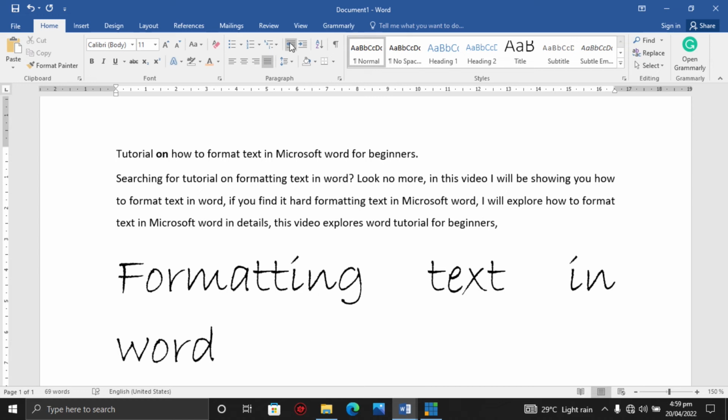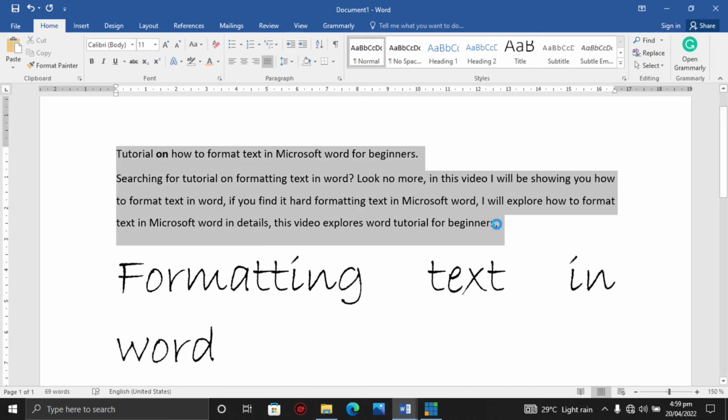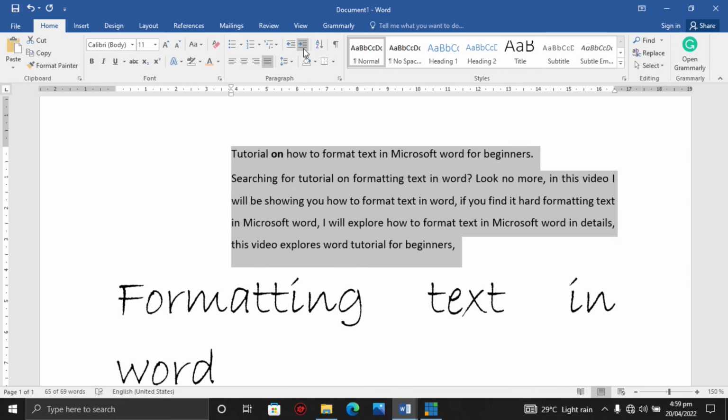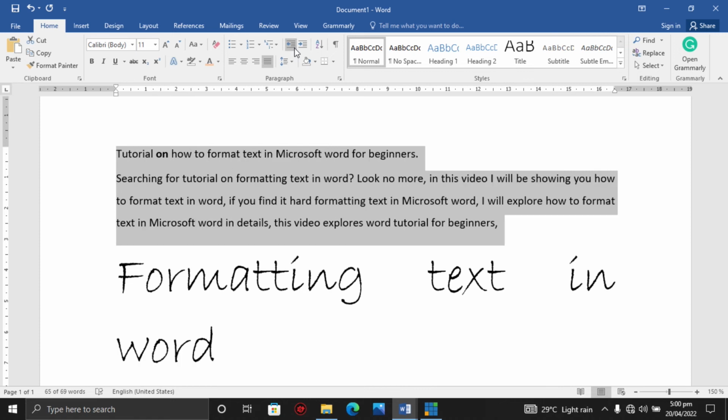At this point here, we have decrease indent, and here we have increase indent. Now the increase indent actually shifts your text from the start of a paragraph to a point where you increase it to. So how does it work? If I highlight the entire text here, I go to increase indent, it shifts the starting point of all the text I have to a particular point on the page. So if I decrease indent, it shifts it back to the beginning of the page. So that's how indent is being used in Microsoft Office Word. Alright, so that's increase indent and decrease indent.